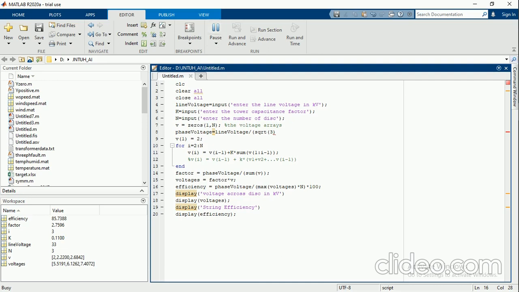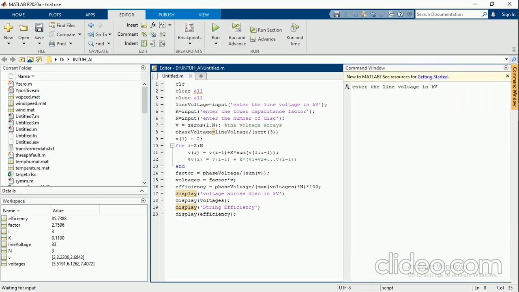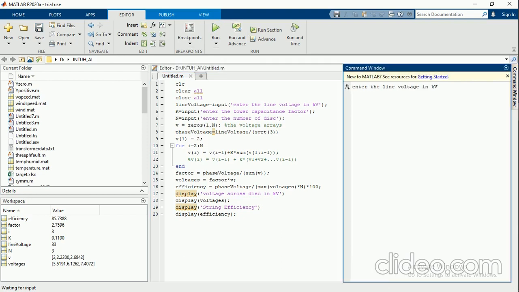Please wait until the run button completes. So giving 33, 0.11.